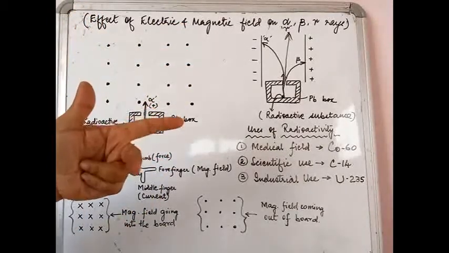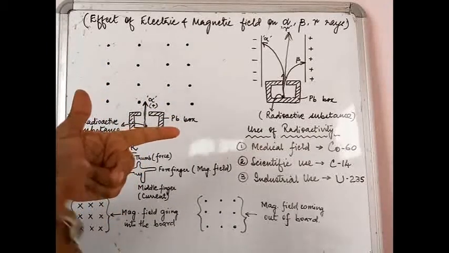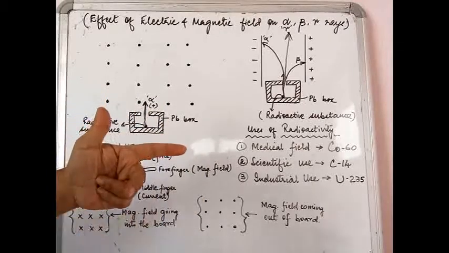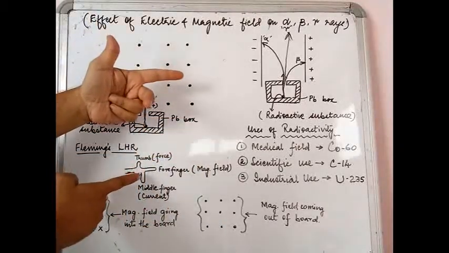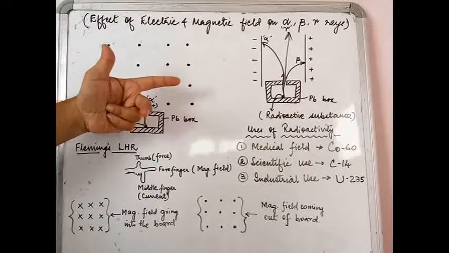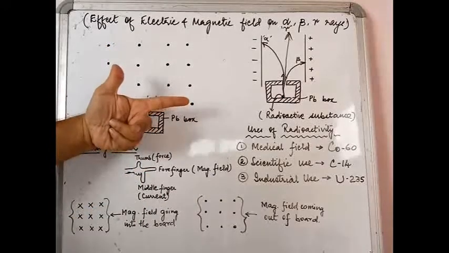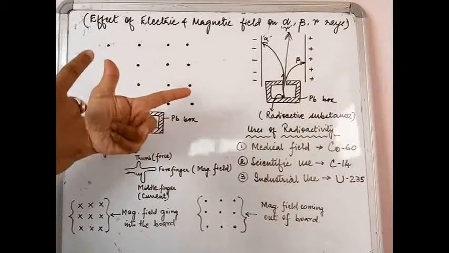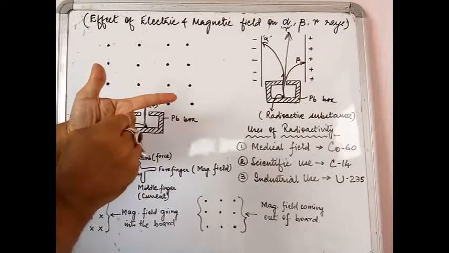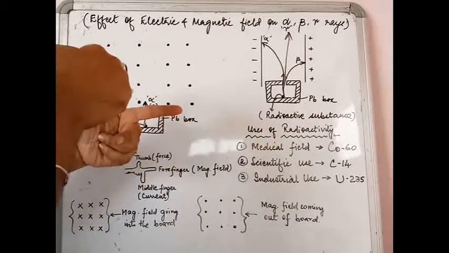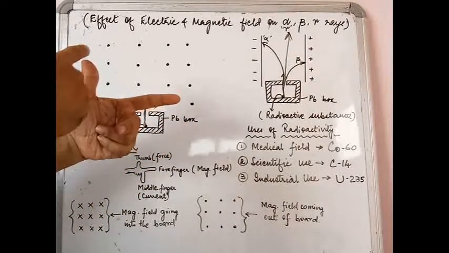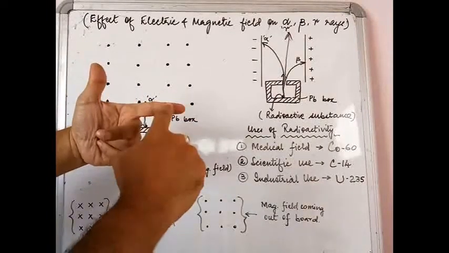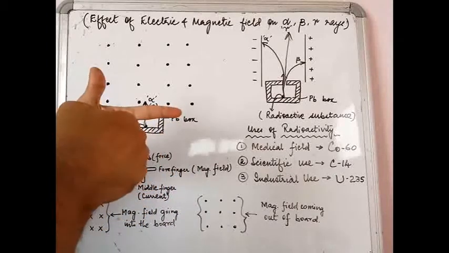Now let me tell you, what are these fingers going to denote, or what are these fingers going to tell us? When we have a look at this roughly drawn diagram that I have drawn, you see I am holding my left hand with these three fingers, the thumb, the forefinger and the middle finger, mutually perpendicular to each other. What it means is, between the thumb and this forefinger the angle is 90. Between the forefinger and the middle finger the angle is 90.